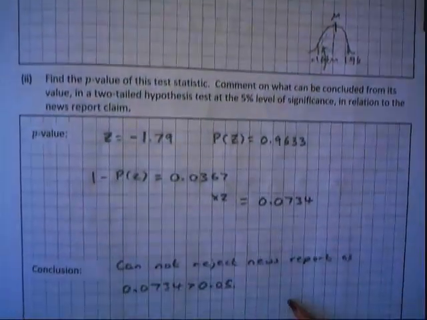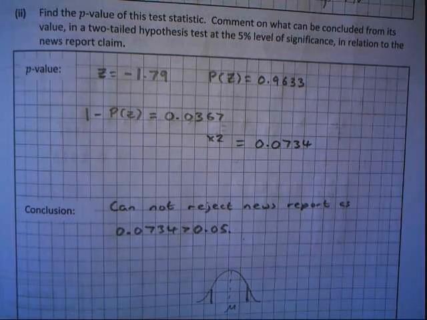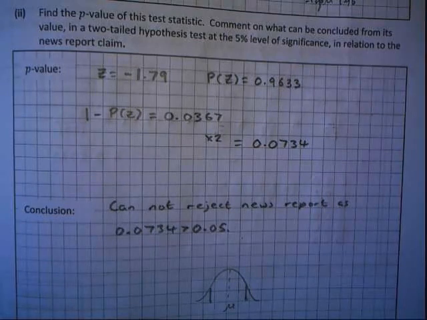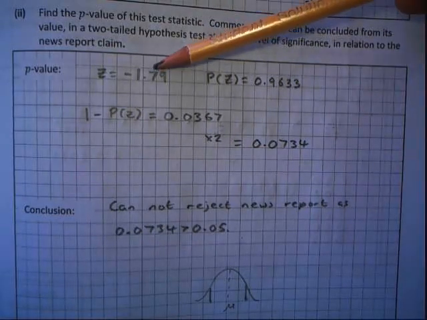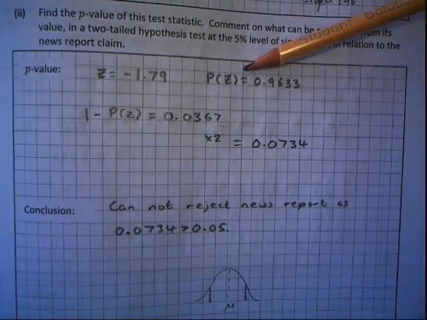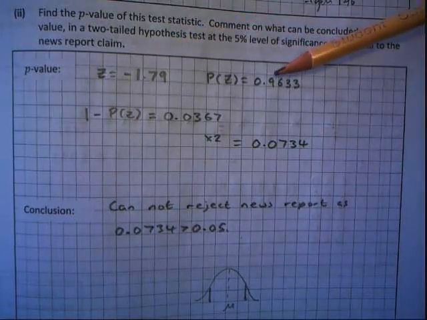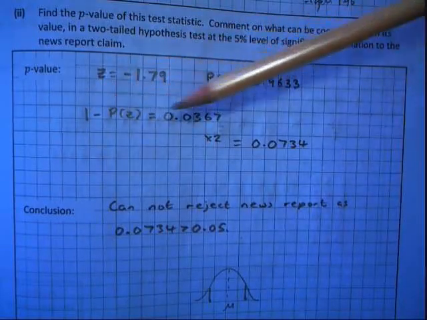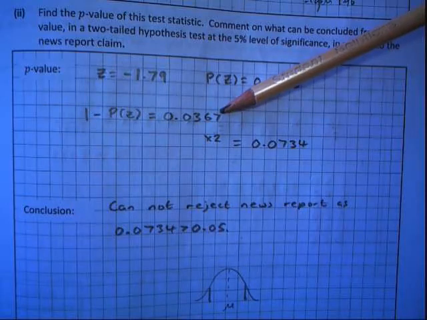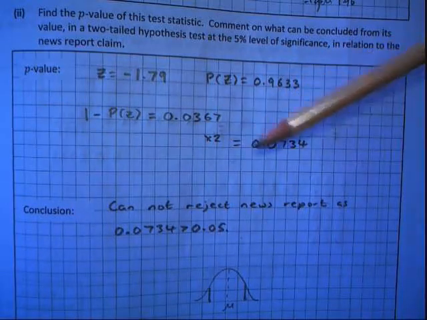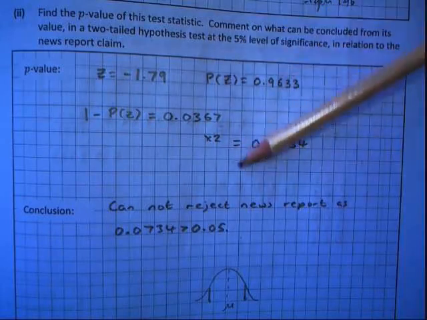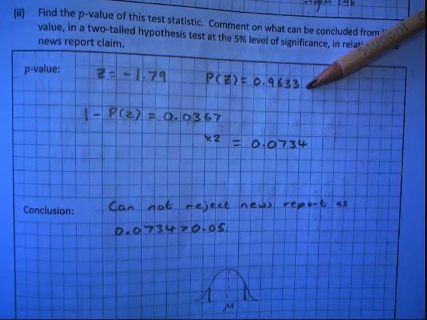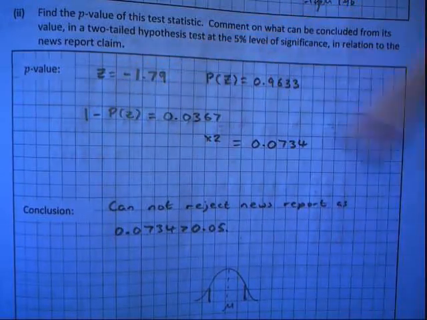Right, last little bit for this part. We've got to find a p-value of the test statistic. So the p-value, you take your z-score, you look it up. Now we can't look this one up because it's minus, we're just going to look up the plus, which is this guy. And then we do 1 minus that, always 1 minus that for the p-value. You get this answer here, double it, and that's your p-value. And that process is always the same. Okay, so get your z-score, look it up in your tables, get your percentage, 1 minus your percentage, double it,